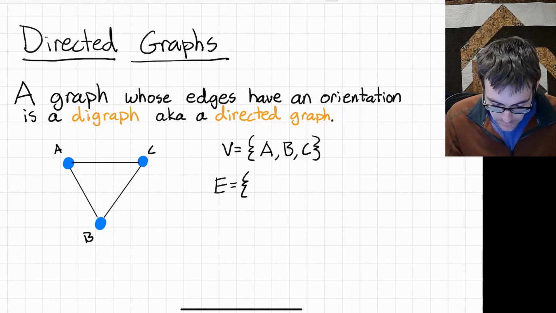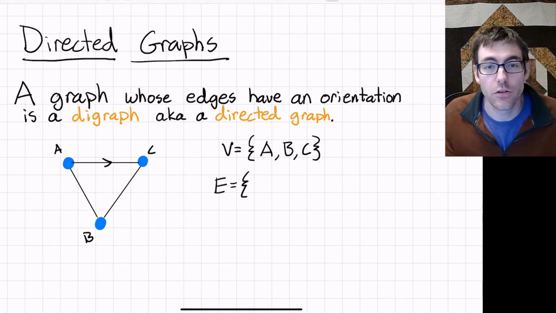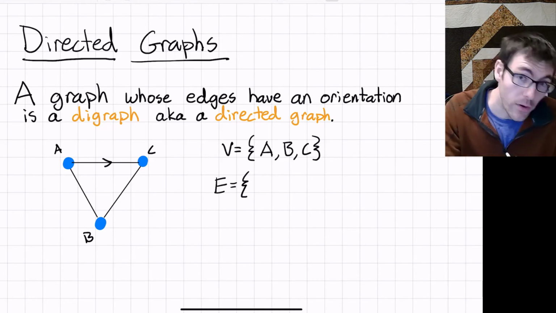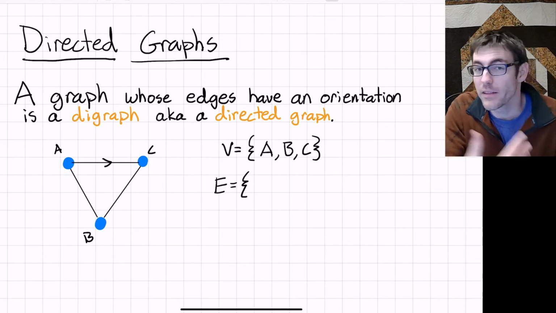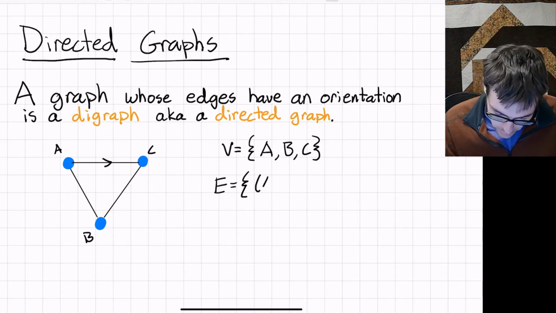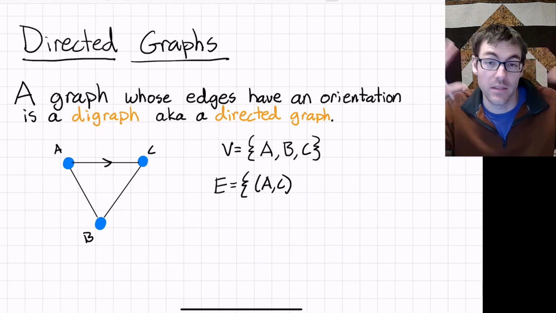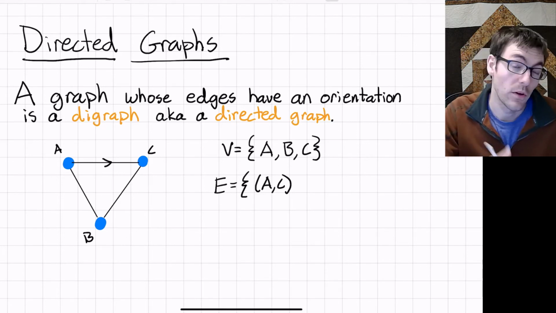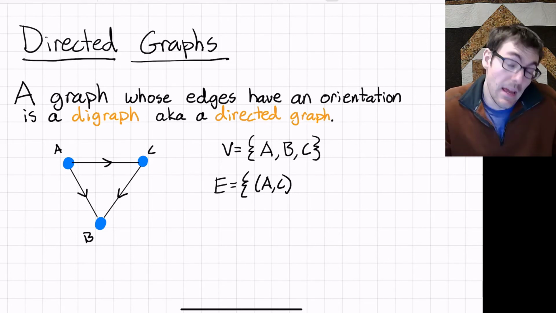So we say that the edge AC is oriented to go from A to C. We say that it's going out of A and into C. It's going from A to C. So rather than listing our edges just as elements in sets, we want them as ordered pairs (A, C), rather than just the elements A and C. All right. So if we give each of the edges an orientation, what we're left with is a directed graph